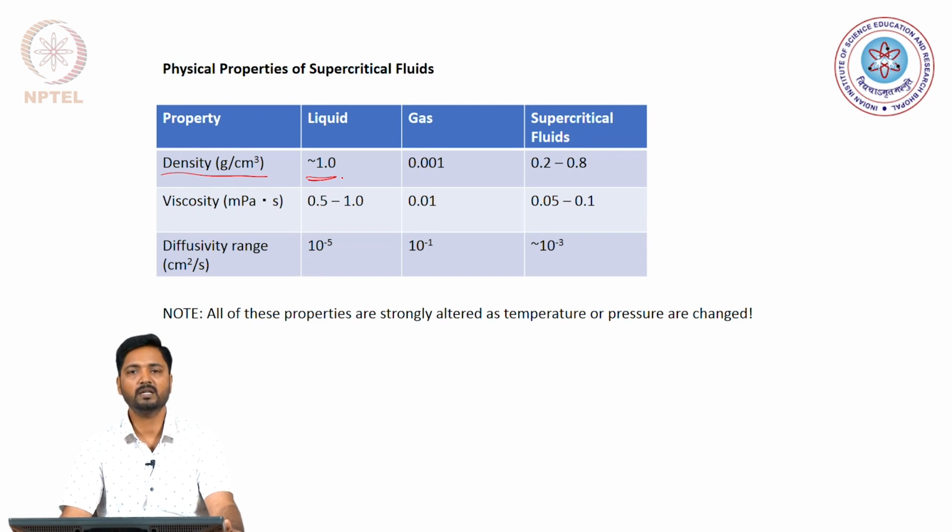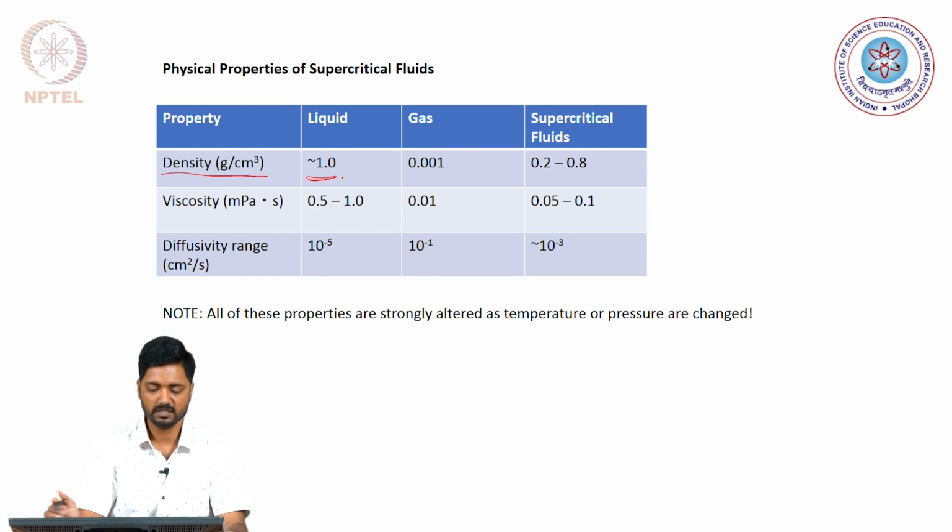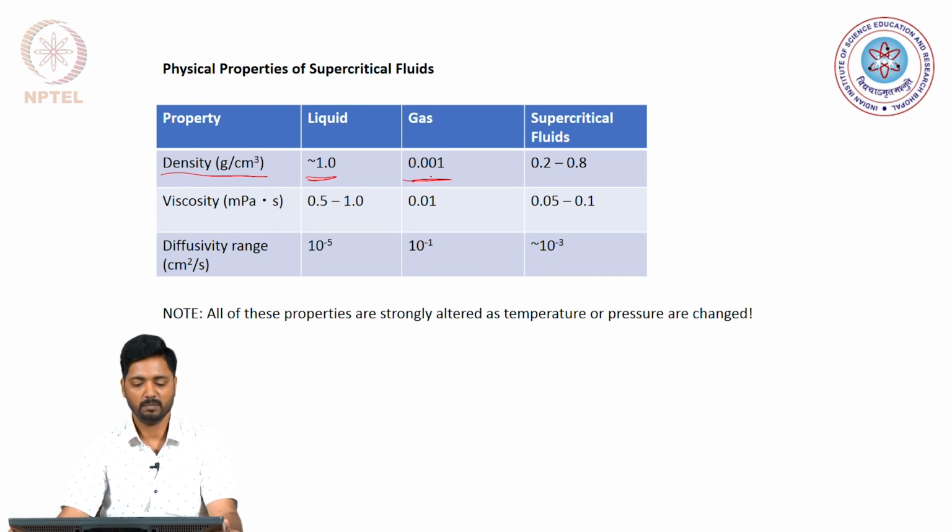In clear contrast is the density of the gaseous phase, and the density is in fact almost 1000 times lower in the gaseous phase when compared to the liquid phase, and that is very clearly demonstrated here that the density of the gaseous phase is of the order of 0.001 gram per ml or gram per centimeter